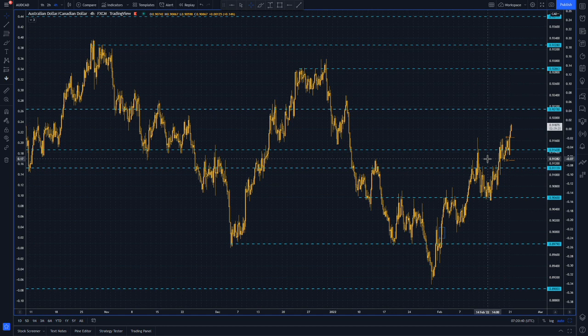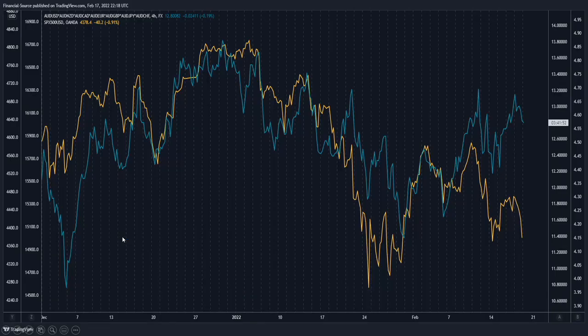Now, the one thing that's been very interesting, as always, to watch is the market's reaction with regards to some of those classic correlations that we normally see in global markets. If we take a look at this chart, this is just overlaying the Aussie dollar currency index that we've built in TradingView, and we've overlaid that with the S&P 500. Normally, of course, the Aussie is considered a favorite risk proxy, so you would expect the Aussie dollar to broadly follow and mirror what we've seen happening in equity markets. But of course, that hasn't been the case.